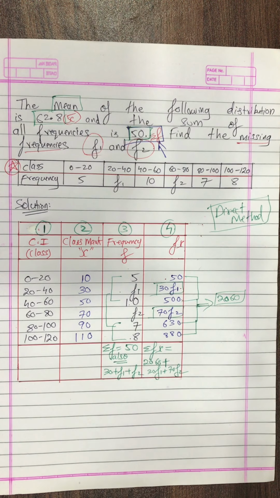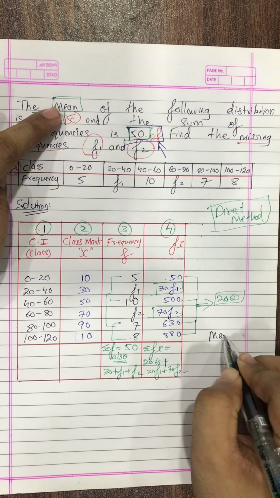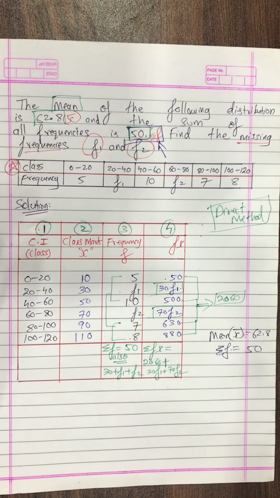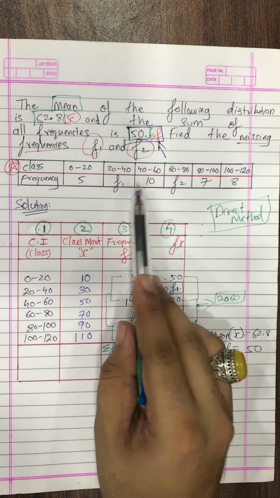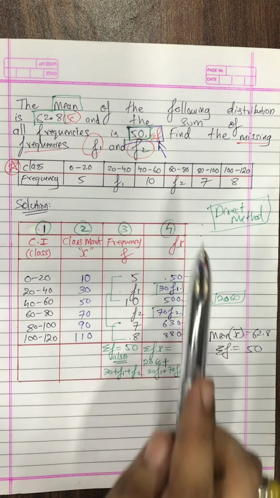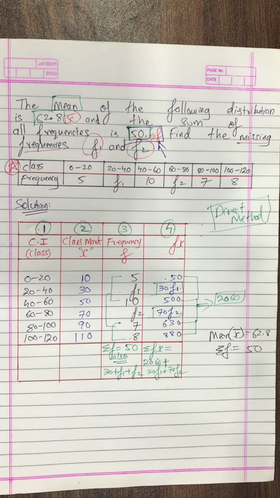Okay, now what all stuff is given to me over here? Let me write on the right hand side what things are given to me. It was given that the mean, which we always call x bar, is 62.8. And of course it was also given that summation f is 50, which I already wrote over here. Now how to start? As I told you, we have two unknowns, so we will find two equations. Because two unknowns are given, there will be two given conditions with the help of which I will be finding two different equations. So now let's hunt for the first given condition.